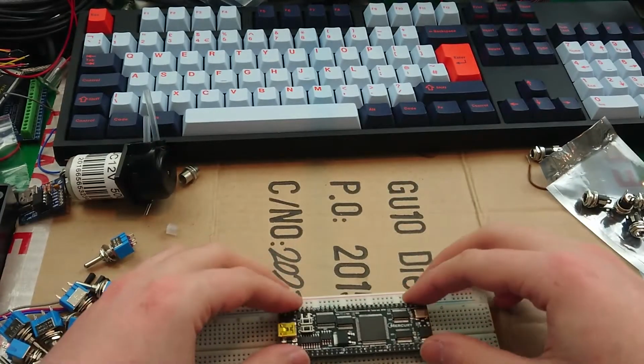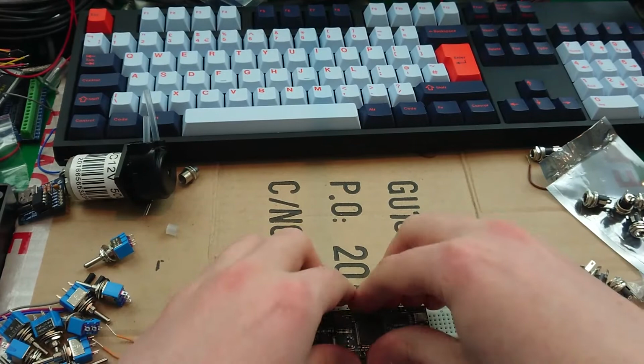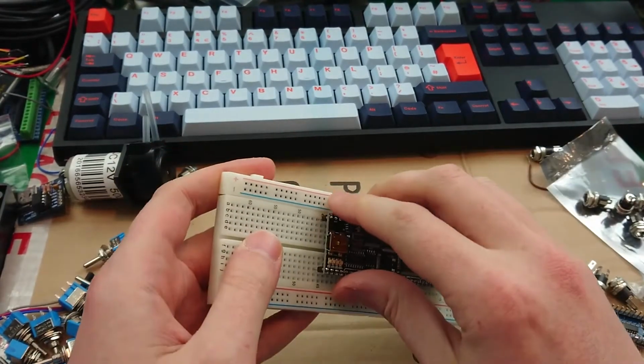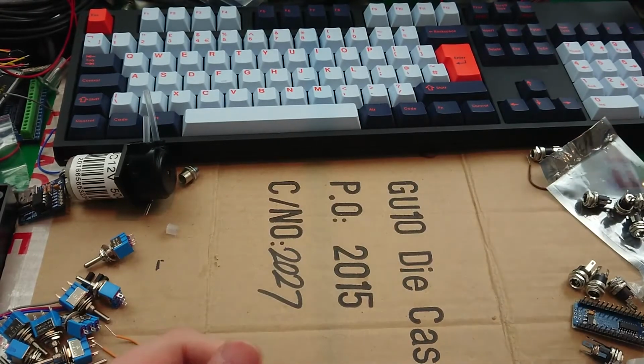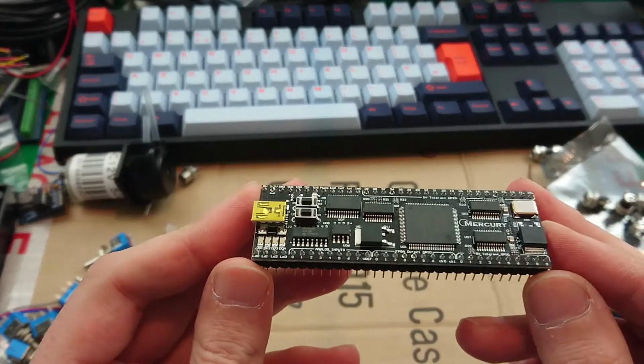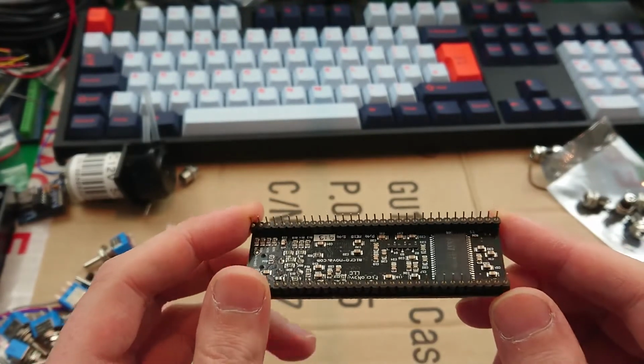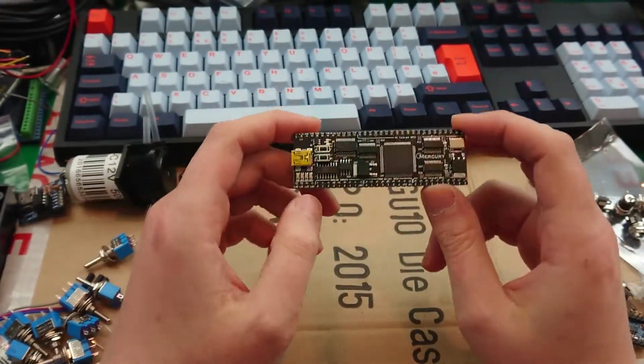Let's just. There you go. Yeah, that's gonna go in. There's quite a few pins, so I'm not going to force it just now. Yeah, so what's this for? Why have I got this? Well,